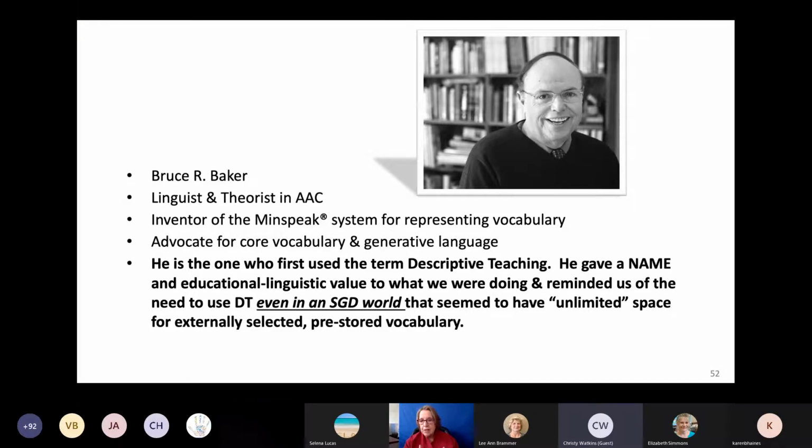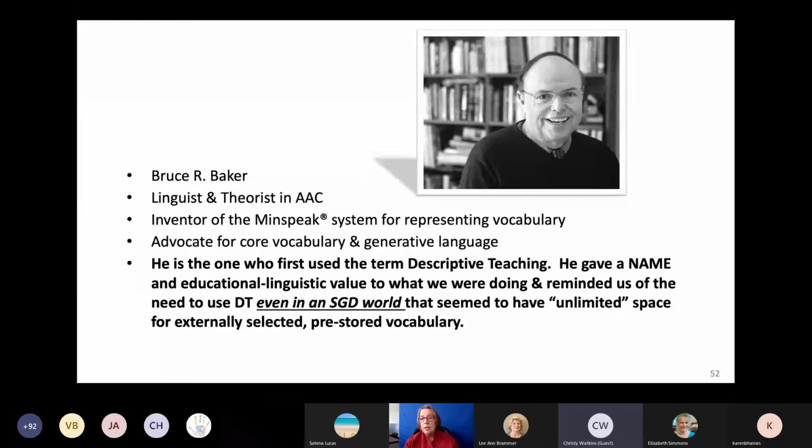He looked at a lot of these strategies, and he started talking to us about not only that we were doing it for a practical, strategic reason, but he saw other educational linguistic value to what we were doing, and reminded us that